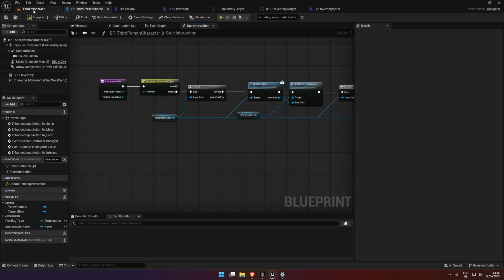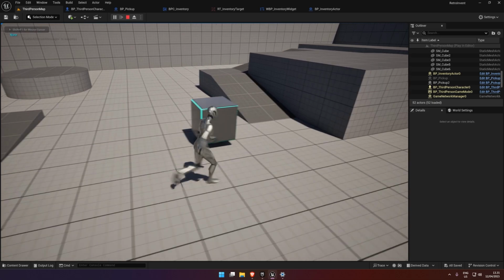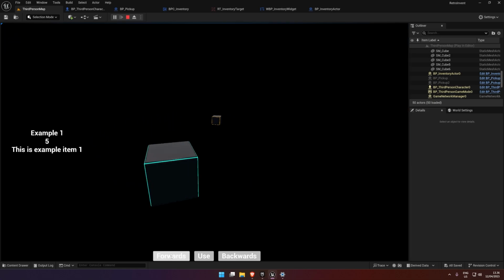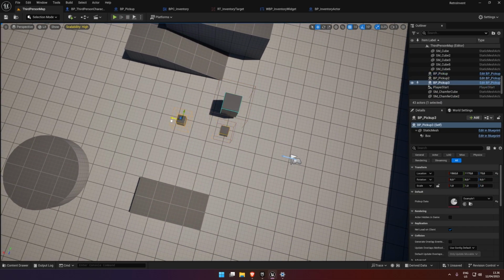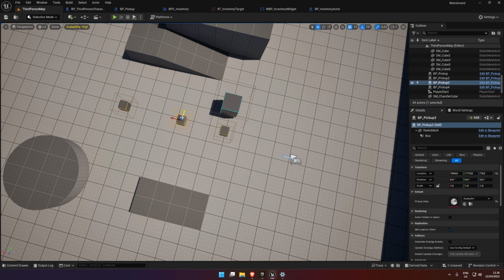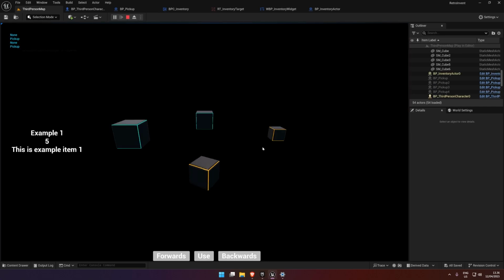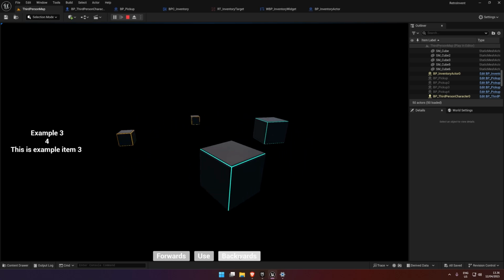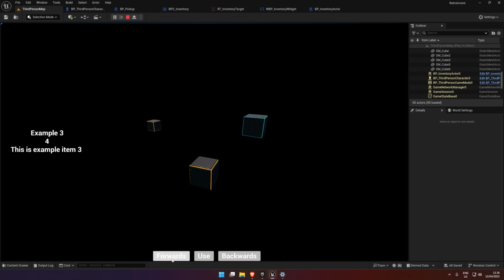So that's the inventory set up. We now can pick up objects, and then we can rotate them. This can go, so if I do this, say 3, one can be 4. If I pick all these up, you can see there's our inventory. If I use one, the inventory will change to accommodate